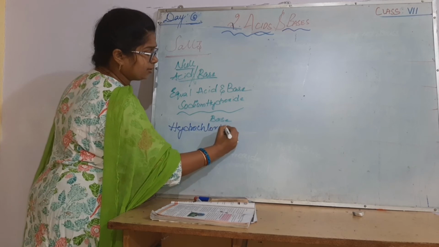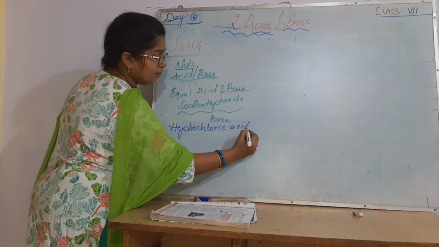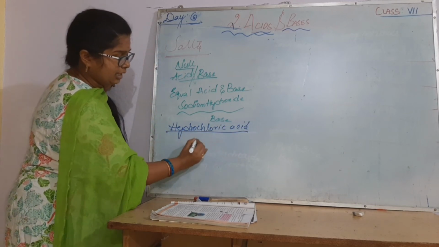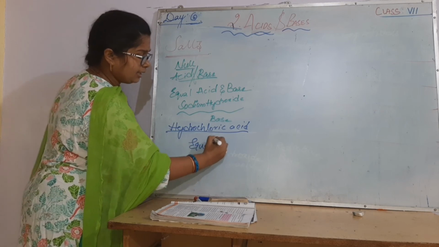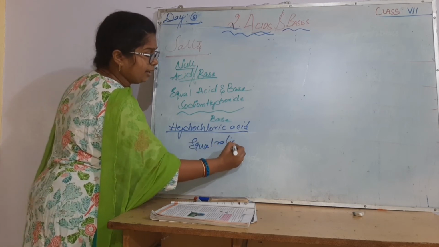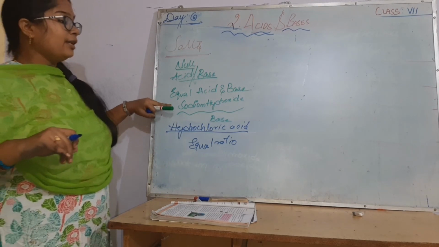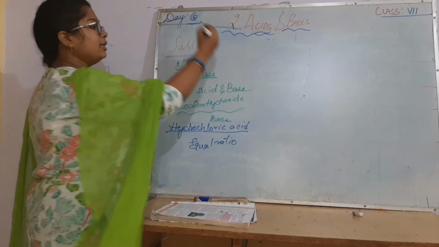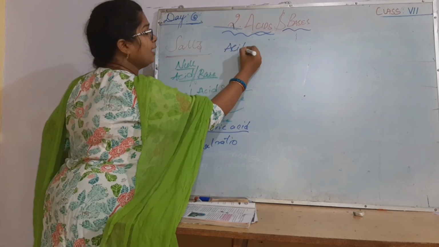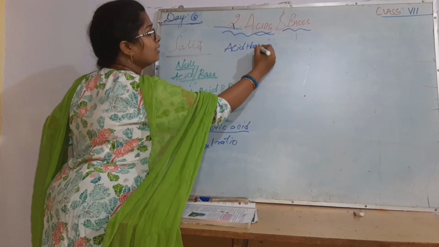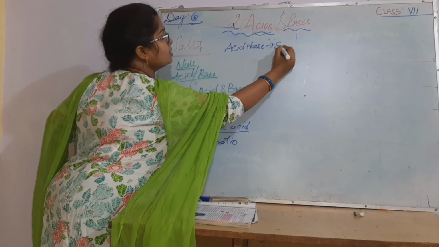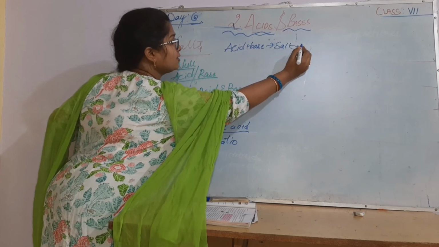What is used? Hydrochloric acid is an acid in nature. Both we have added in equal ratio so as not to have a basic nature or an acidic nature. So here, when acids and bases are combined in a proper proportion, a new thing is formed, that is nothing but salt, plus water is also formed.